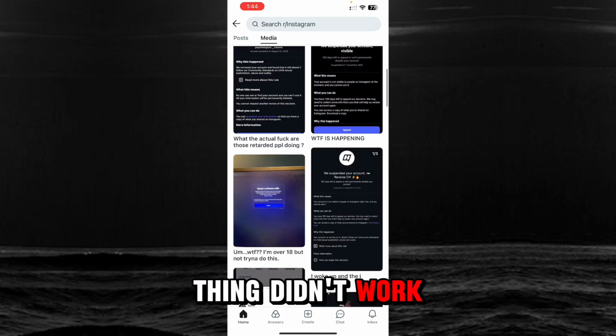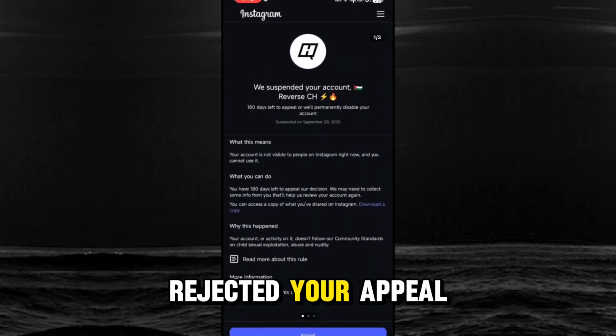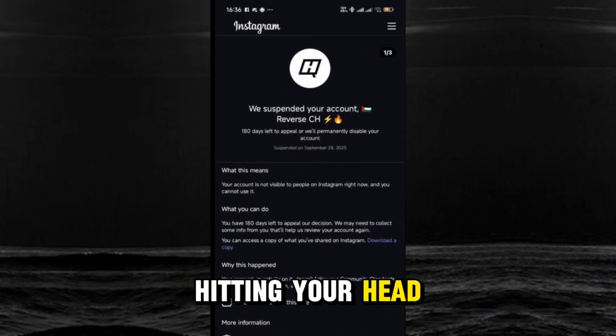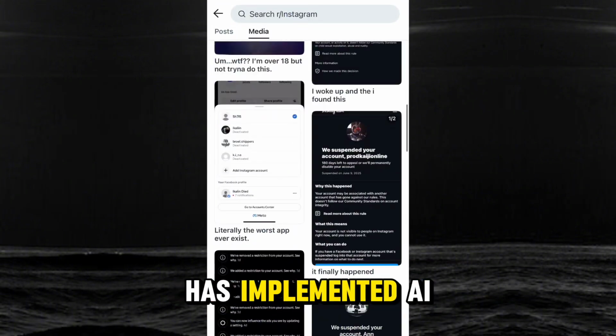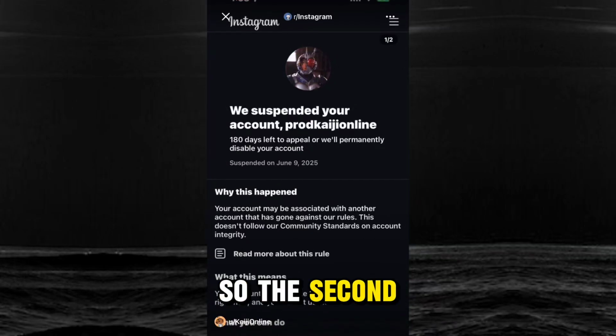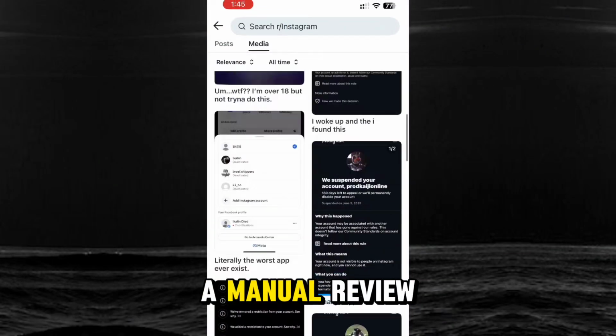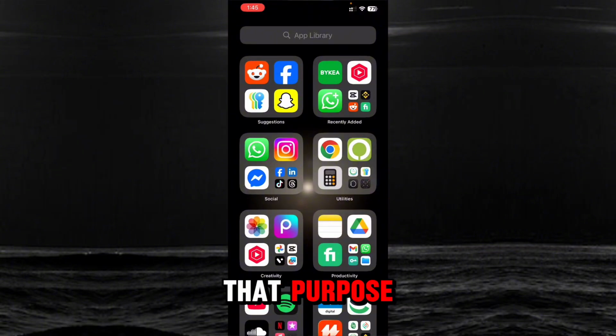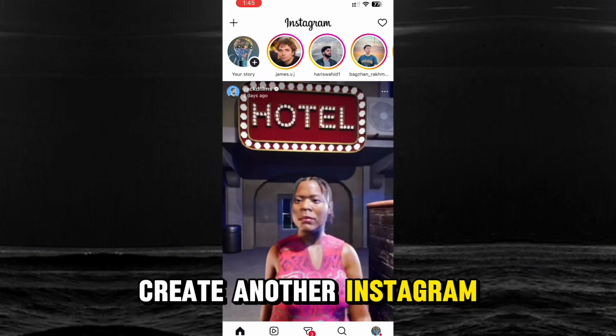But if this didn't work and Instagram has rejected your appeal, this is because you are simply hitting your head against AI. Instagram has implemented AI in its system, which is just not accurate. So the second thing you can do is send a manual review request to Instagram support to help you out. For that purpose, you need to first of all create another Instagram account